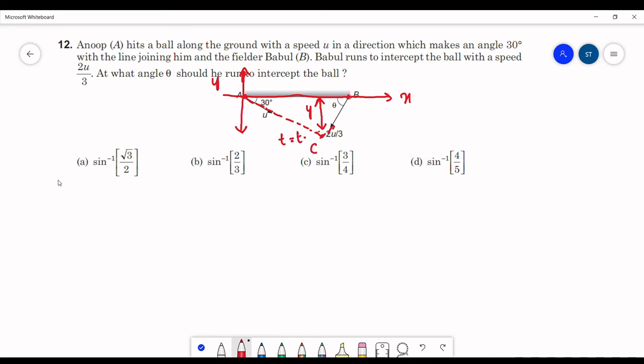Now if you see the y direction motion, the displacement in y direction of the ball as well as the displacement of the person B in y direction is same, which is y. And the time of travel for both the bodies is also same, which is t. Now if we consider only the y direction,